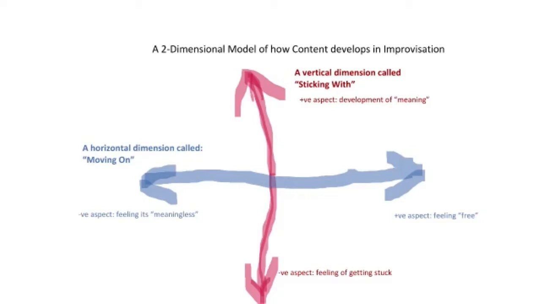Of course, within the two-dimensional model, the cure for the negative aspect of one is the positive aspect of the other one. So training ourselves to change easily and quickly between sticking with things or moving on means that we could actually never have a problem. Because if I feel like I'm stuck with, I have no meaning, then I stick with something and I create a meaning. And if I feel like I'm stuck with something, I let go of it and I do something different. So I keep solving my problems by combining these positive and negative